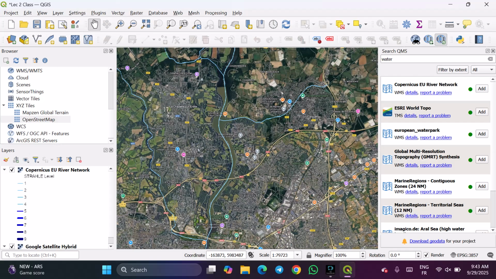Okay, so you saw that using this plugin, you can search many different WMS streams that are preset in this application. And now I want to show you that you can also create a connection with your own service. If you find a service that is cool for you, you can create a connection. So to illustrate this, we will go on the internet